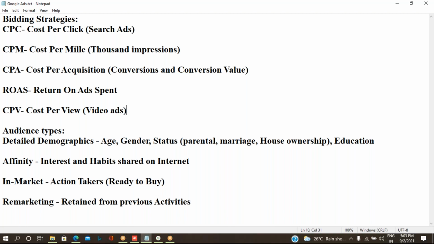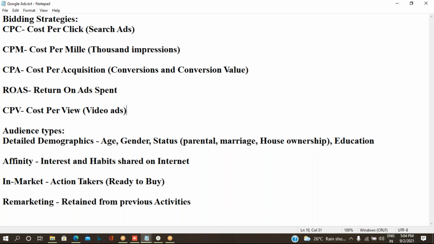You can skip that ad within 5 seconds, and you are not charged for those 5 seconds. After that, if your audience views the advertisement completely, you will be charged for one view. How much you are charged will be based on the strategy. Okay, so these are the different types of bidding strategies which we can implement on different types of ads.